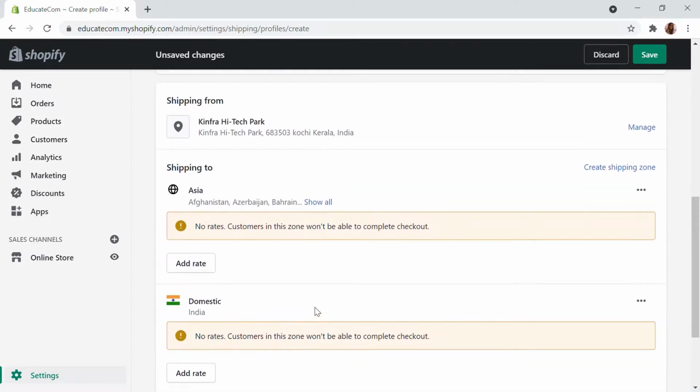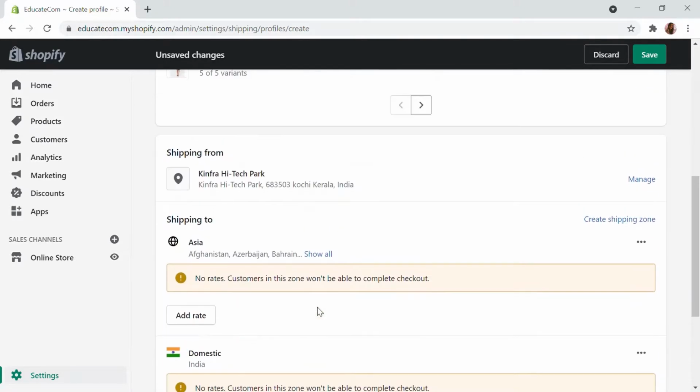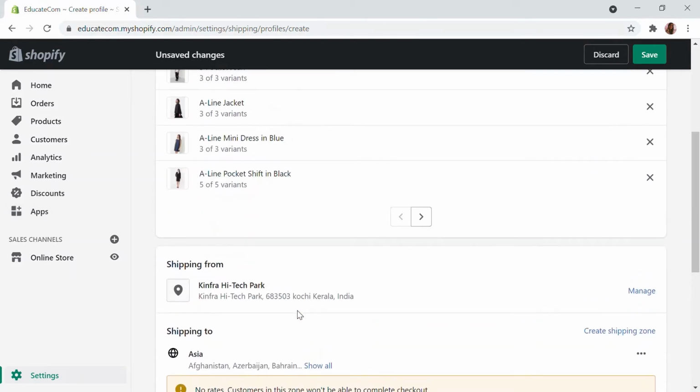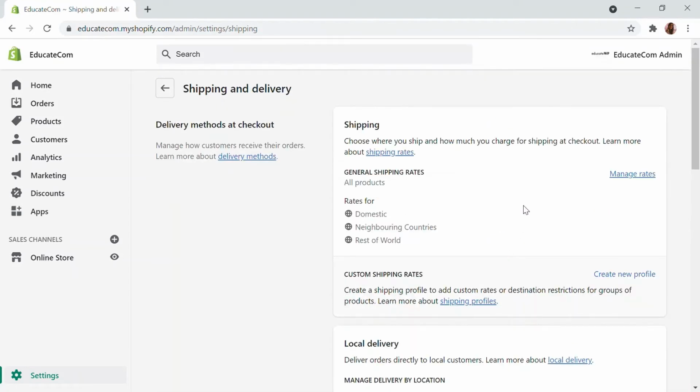So this is how you can change the products. Like if you are having different product samples, you don't want to ship to particular places, or you don't want to ship to some other things, then you can use this profile. And also this will be very good if you are using these settings to ship your products. And you can also use other apps as well to maintain the shipping, or you can have the delivery partners fitted into the Shopify app. So this is the basic shipping setup, and I hope this video helped you.